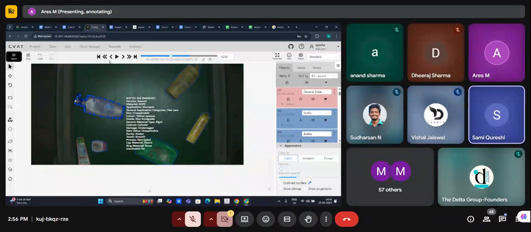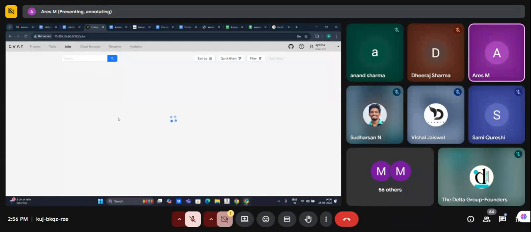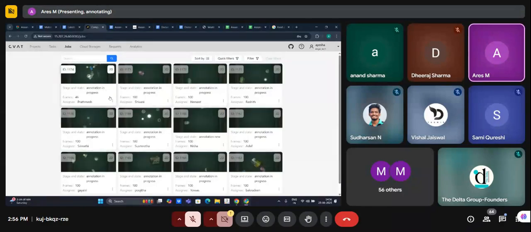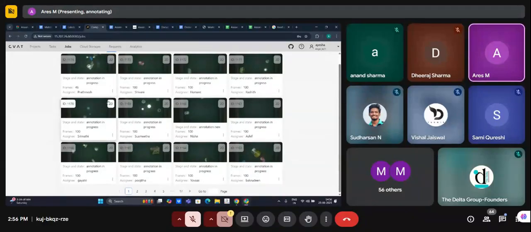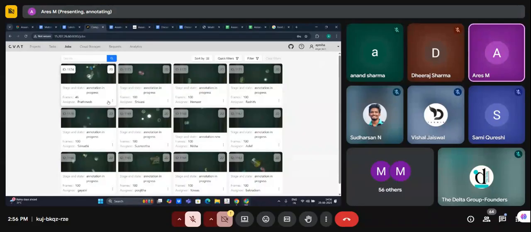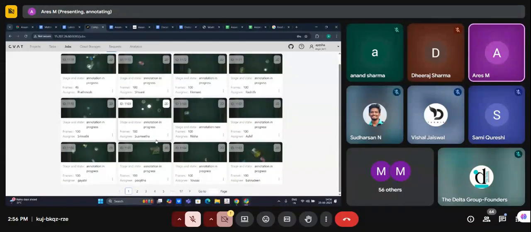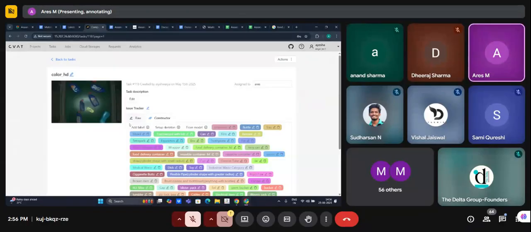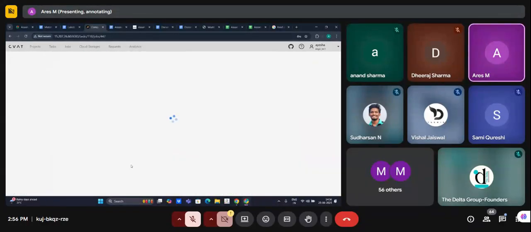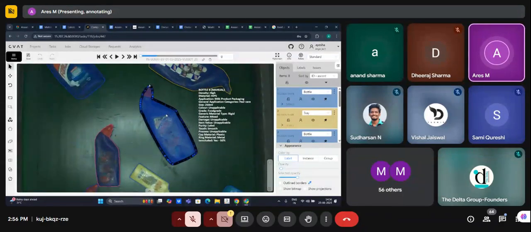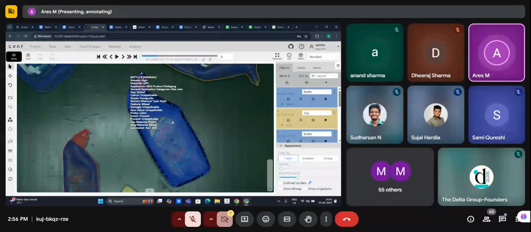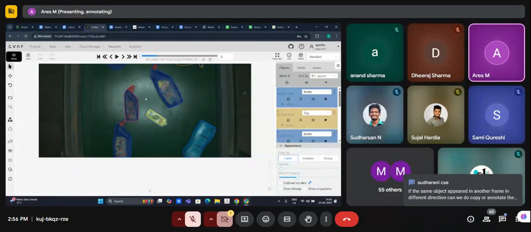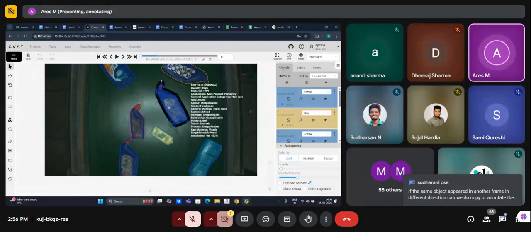ठीक है। देखो, मैं तुमको एक रॉ टास्क दिखाता हूँ। ये देखो, एक रॉ टास्क है। यहाँ पर एनोटेशन सब ऐसे ही किया रहेगा। बस तुमको एट्रीब्यूट्स को सिलेक्ट करना है।